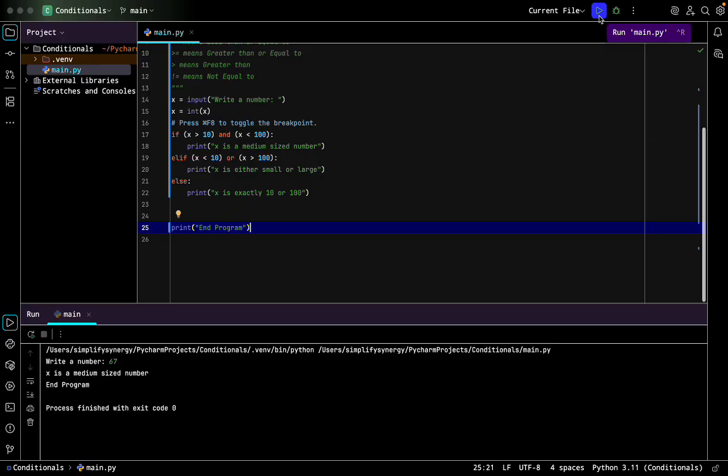So let's run again. Let's take a look at a situation where x is less than 10. Right, so 7. x is either small or large. Right. Of course, I could also try something greater than 100. Let's do 700. Again, x is either small or large. So now I want to do a situation where x is exactly 10. Right, so x is exactly 10, and you can see the else block is what worked. Okay,